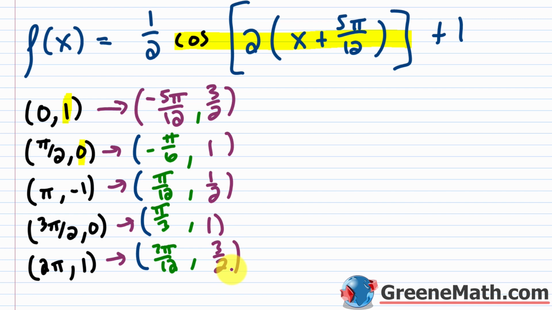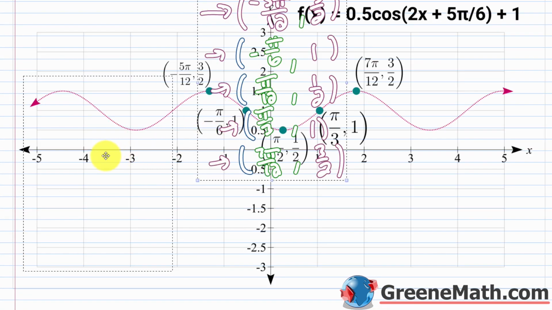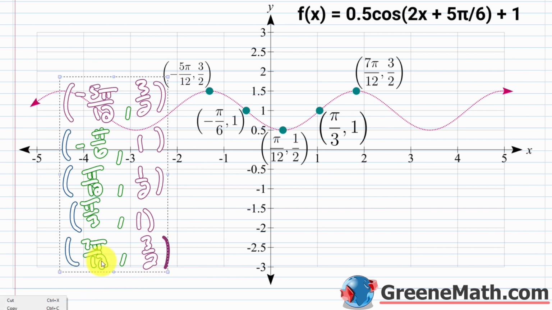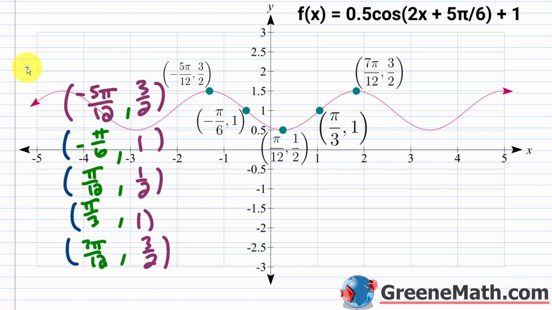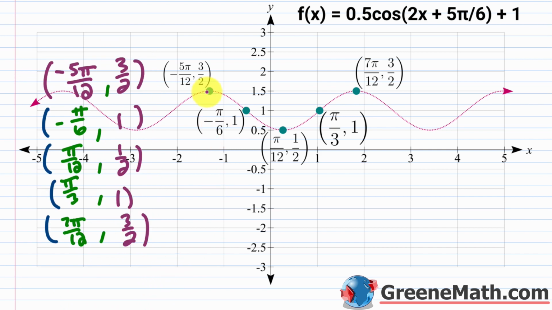When we think about graphing this guy, let me grab this real quick. I have given you a link for all of these that we're going to look at today on Desmos. So just click on that if you want something that has a little bit more detail or is easier for you to follow along with. You can just pause the video and check these points out. You see that this point right here, at the beginning of the cycle, is negative 5 pi over 12 comma 3/2. Then this right here is a quarter of the way through. You have negative pi over 6